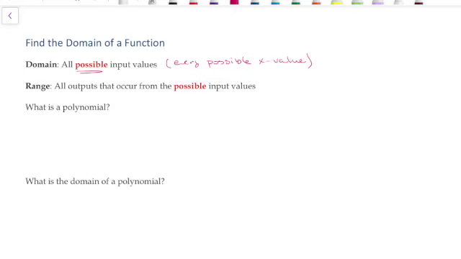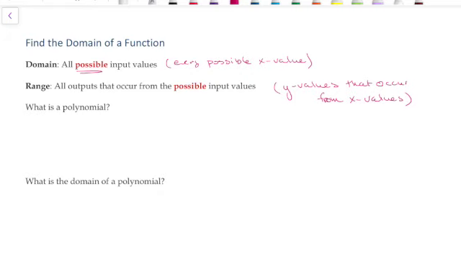We'll talk about that in just a minute. So the range is all the outputs, that is the y values that occur from the x values. All right, so all outputs that occur from the possible input values,